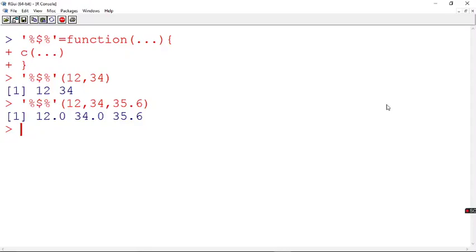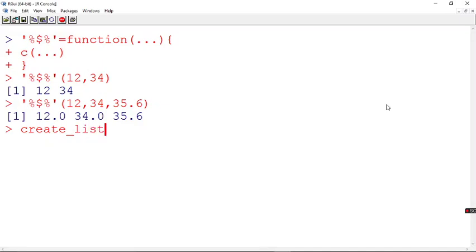So this we call variable arguments. This is not fixed only to your infix operator. You can also create a user defined function as we did previously, with variable arguments as well. Now let's try it out. Suppose I say create underscore list.